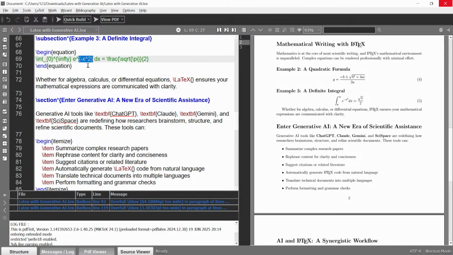Note that we need the power of e to be minus x square, so minus x square must be inside curly brackets. You just need to understand only these syntaxes which we are using. On the right hand side we have the slash frac, and in the numerator we have square root. For the square root we have backslash sqrt pi upon 2. Okay, so this is the symbol.